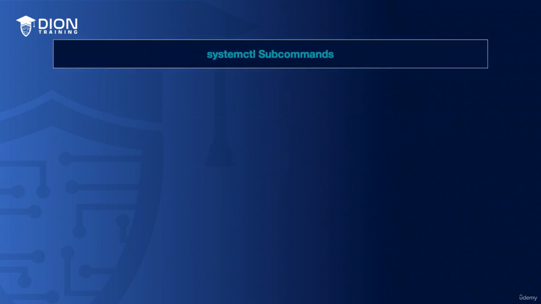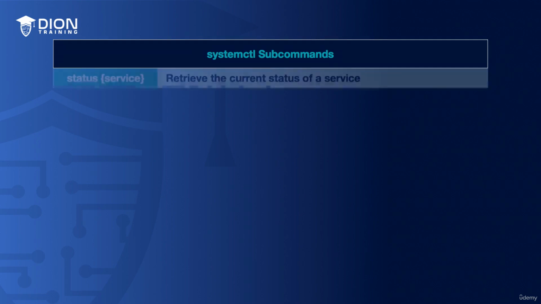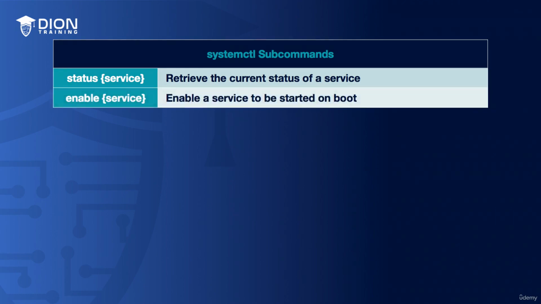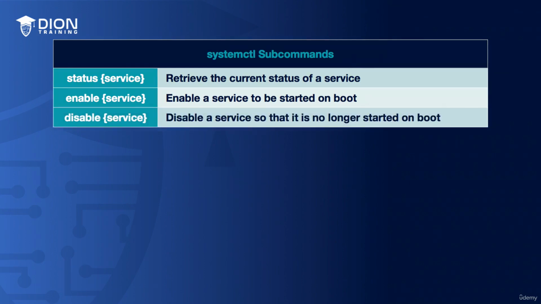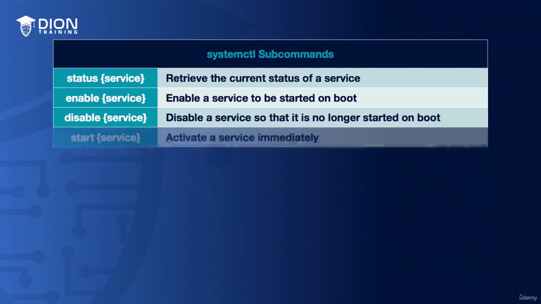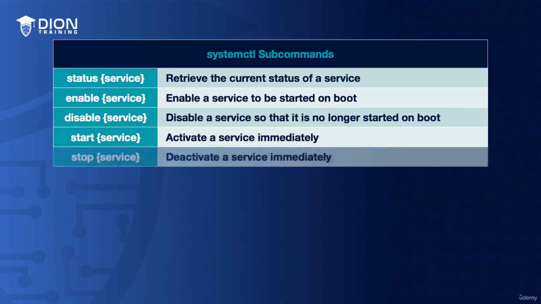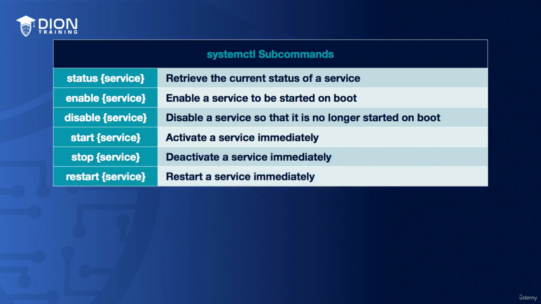You can do all of this through various subcommands that are issued along with the systemctl command, including status service, which is going to be used to retrieve the current status of a given service, enable service, which is used to enable a service to be started on boot, disable service, which is going to be used to disable a service so it no longer is started up on boot, start service, which is used to activate a service immediately, stop service, which is used to deactivate a service immediately, restart service, which is used to restart a service immediately,